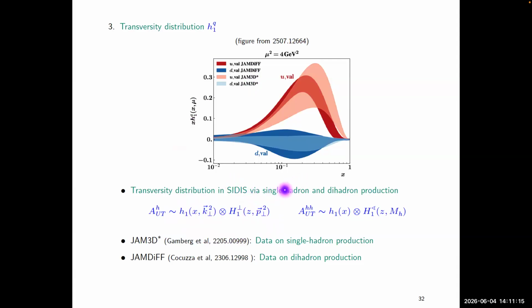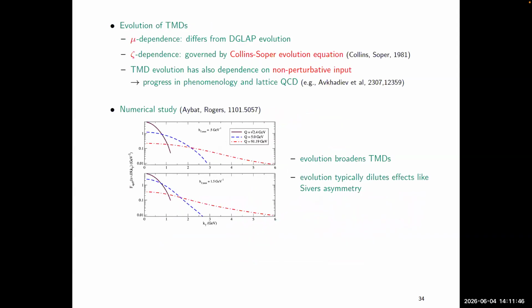This is for single hadron production, but you can also do this for dihadron production. This has an advantage in the sense that you can use collinear factorization and you can right away get access to the x-dependent transversity distribution, but you're paying a price here. You need a fragmentation function for two hadrons, which has a non-trivial dependence on the invariant mass of the two hadrons, which is typically much more complicated than, let's say, the k_perp or P_perp dependence over here. Anyway, both have been